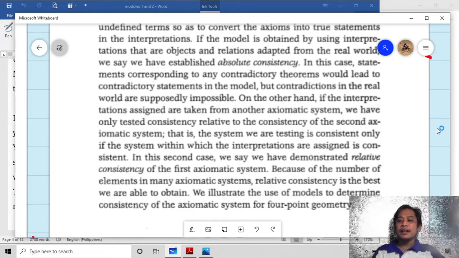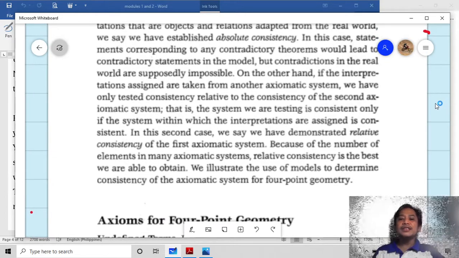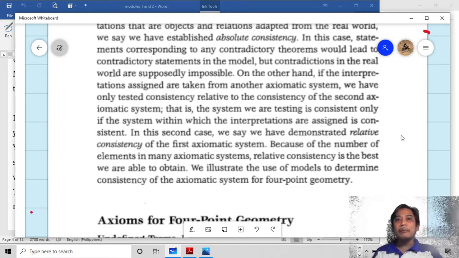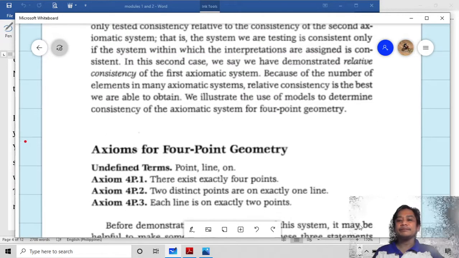Now, if the consistency of a model depends on the consistency of another axiomatic system, meaning it can only be consistent if another model or another axiomatic system is consistent, meaning its consistency is conditional. It depends on the consistency of the other. We call it relatively consistent. It has relative consistency. Okay, now for an example, let us take